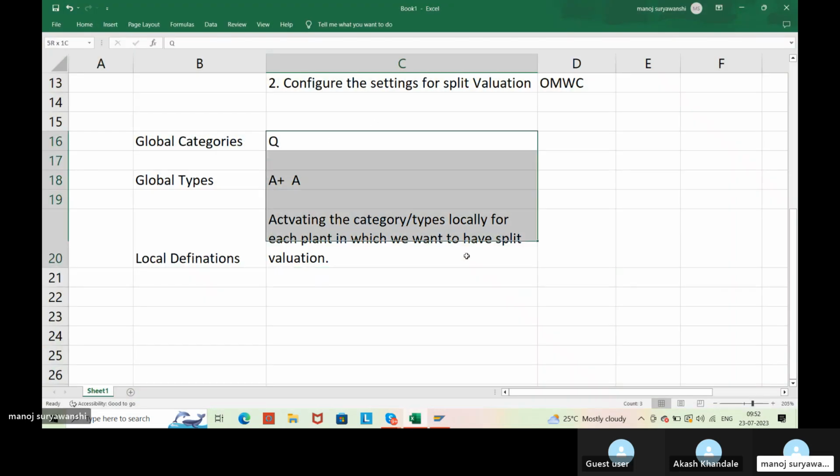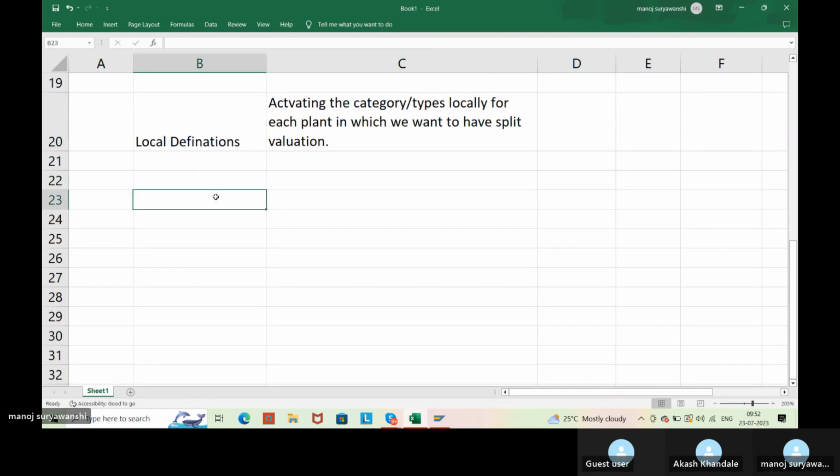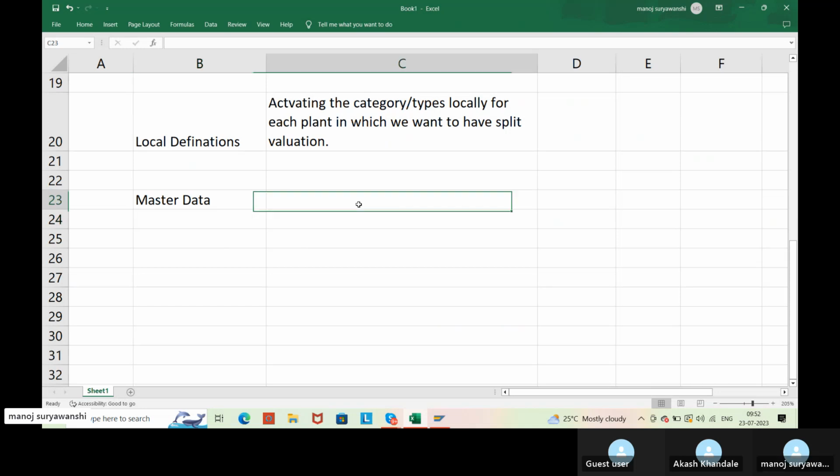ओके, दिस इज क्लिअर. याच्यामध्ये काही डाऊट आहे? नो सर. Clear. Okay. Now let us see the master data. So in material master, when we maintain the material master record,